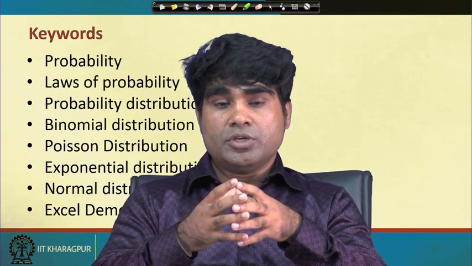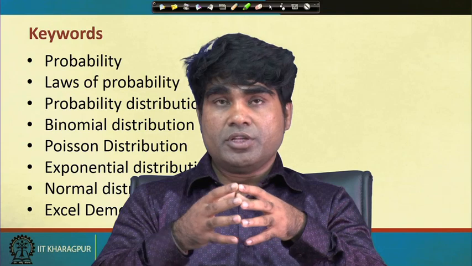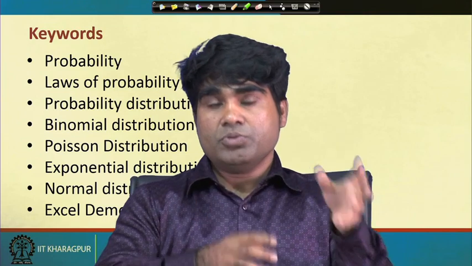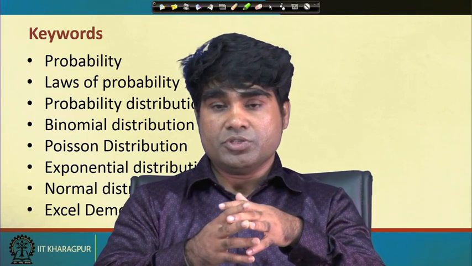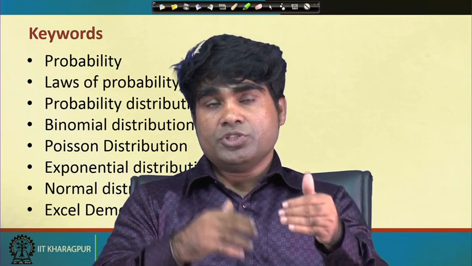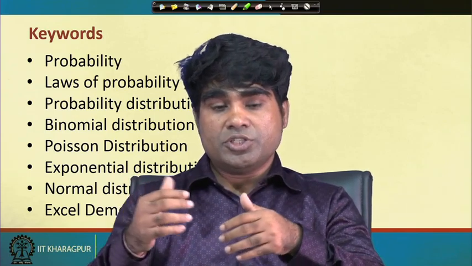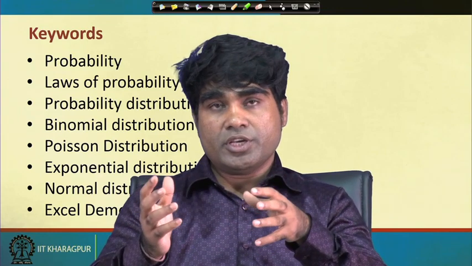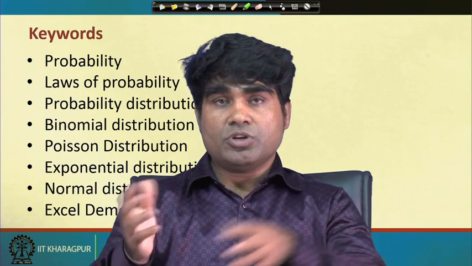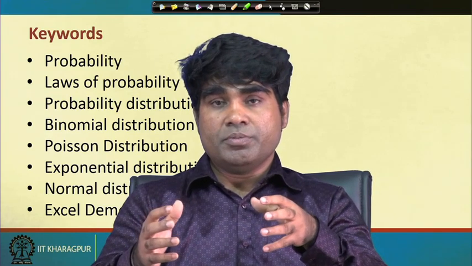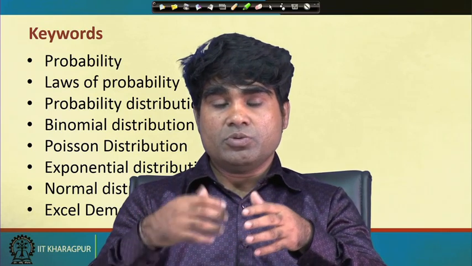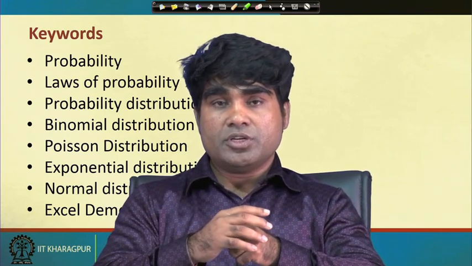So, with this we will close this particular chapter, and in the next chapter we will discuss sampling and sampling distribution, which is well connected with probability and probability distribution. Whatever concepts we have discussed here, starting with the binomial, Poisson, exponential and normal distributions, the same distributions can again be analyzed in sampling and sampling distribution, where the situation is just opposite. We have to create a kind of background and samples with the help of these distributions, right. That we will discuss in detail in the next class, and we will stop here.